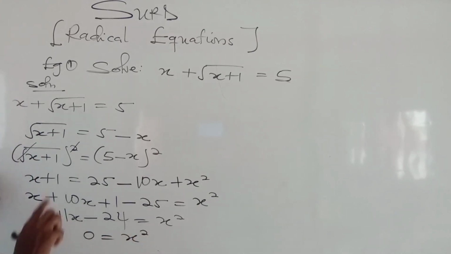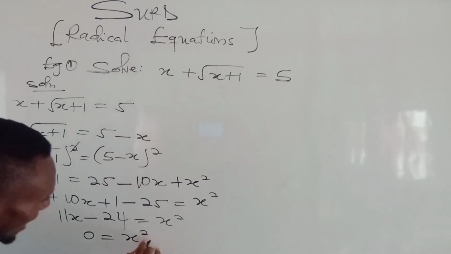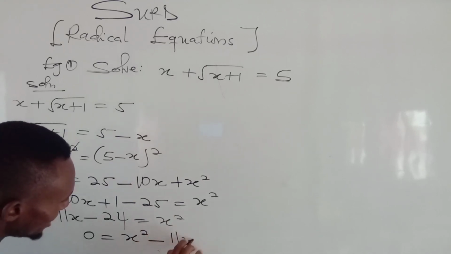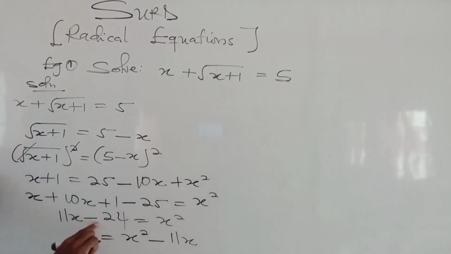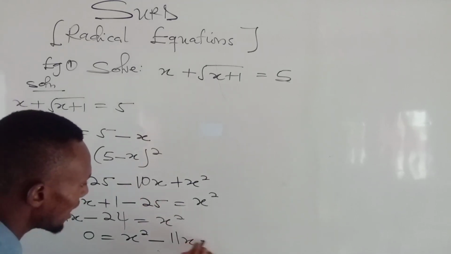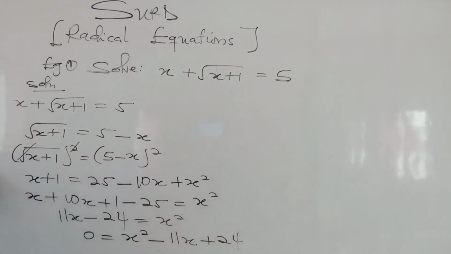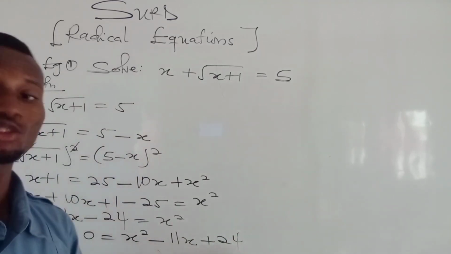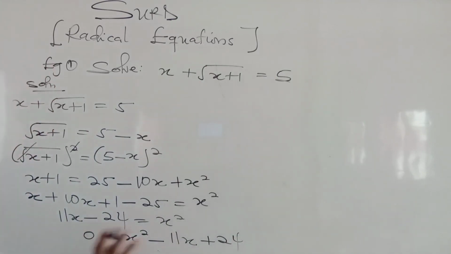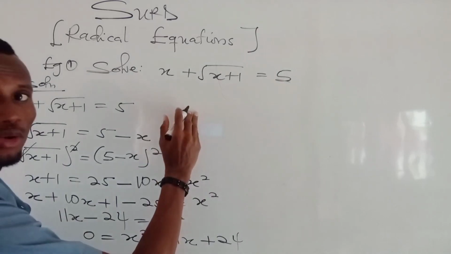This 11s crosses the equal sign to come there to become minus 11s. And this negative 24 crosses the equal sign to come here and becomes plus 24. So you can see we are getting a quadratic equation. Okay, so 0 equals s squared minus 11s plus 24, which we can rewrite as, let me continue from this side,